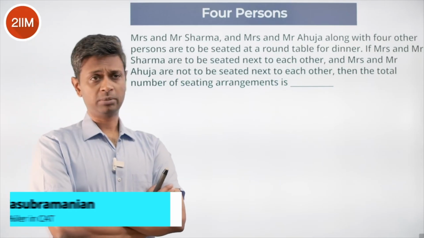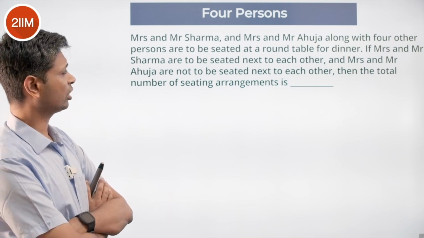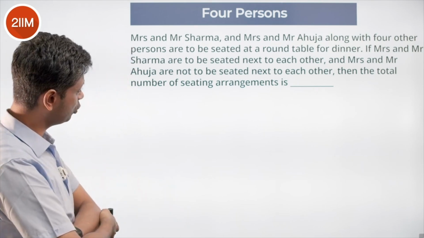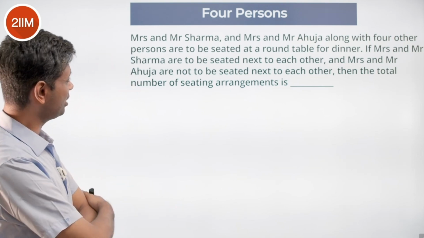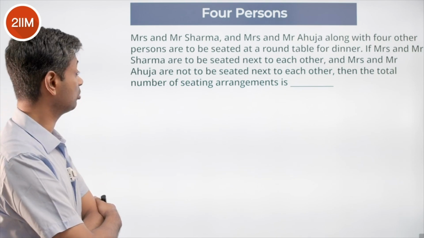Mr. and Mrs. Sharma, Mr. and Mrs. Ahuja, along with four other persons, are to be seated at a round table for dinner. If Mr. and Mrs. Sharma are to be seated next to each other, and Mr. and Mrs. Ahuja are not to be seated next to each other, then the total number of seating arrangements are